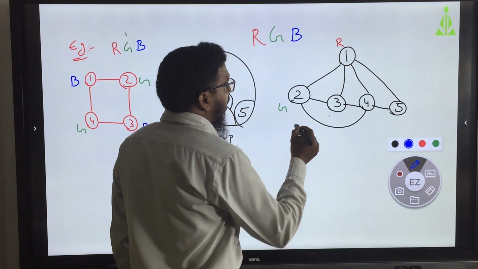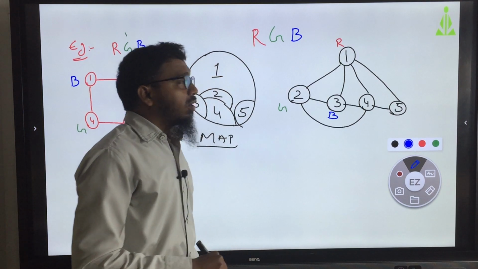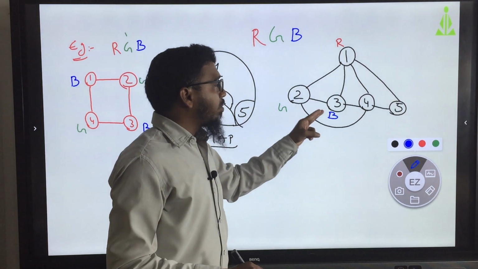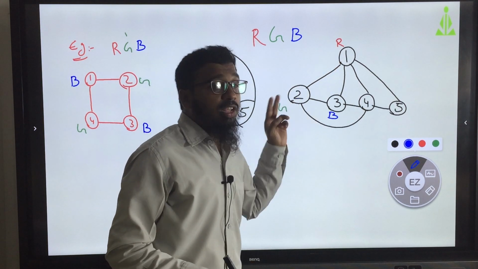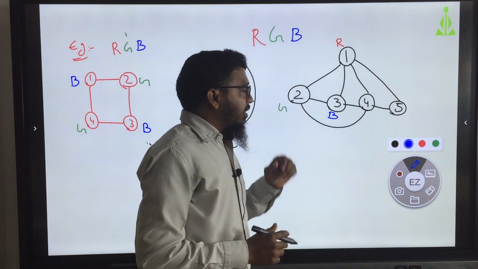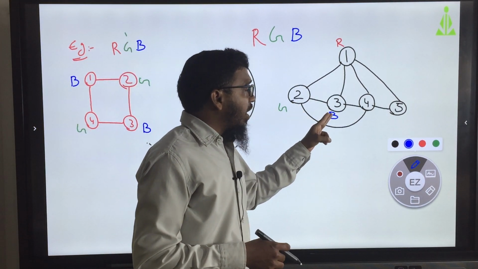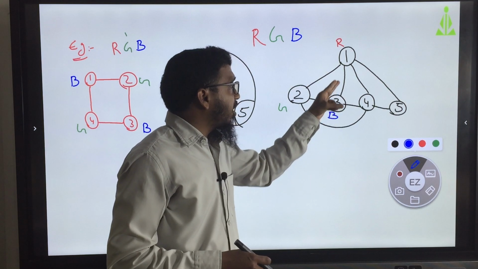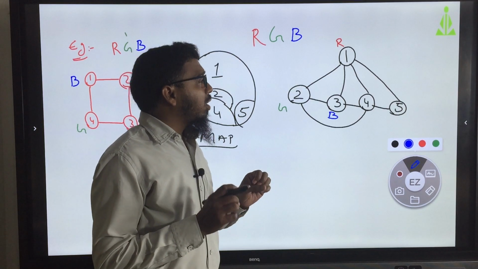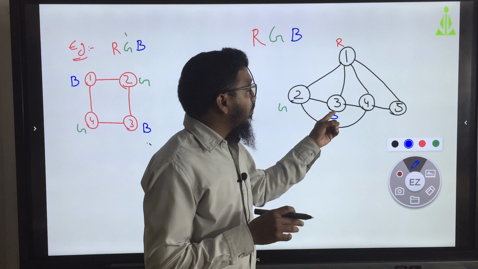Here I need to take blue. Because now see, red, green, blue, 1, 2, 3 is completed. So, if I give the blue color to this, we are following the rules. Okay. Fine.